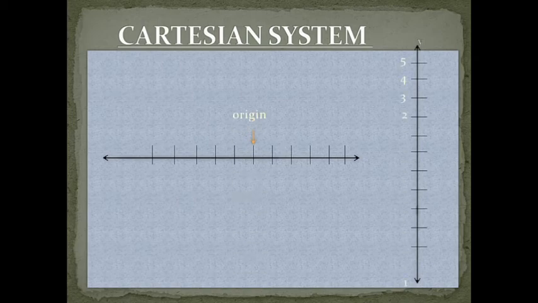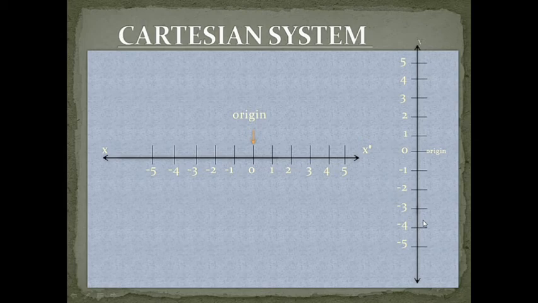So now here we have two lines, one horizontal and one vertical, with the same origin in the middle, and on the right hand side of the origin all positive numbers are given, and on the left hand side all negative numbers, and this is how we have to locate points. This line we call the x-axis, that is line x dash, and the vertical line y dash we call the y-axis. In the next slide you will understand it properly.